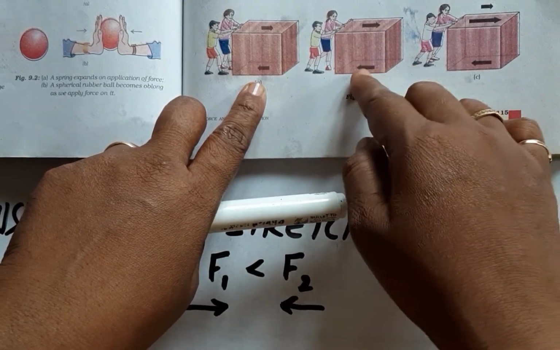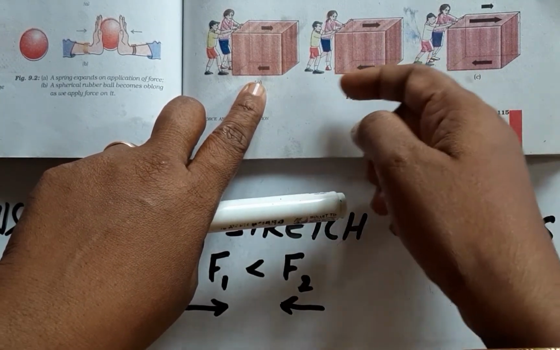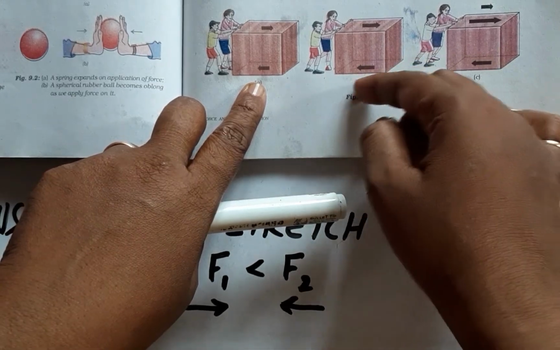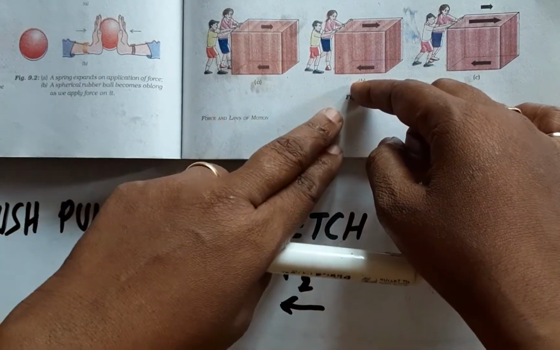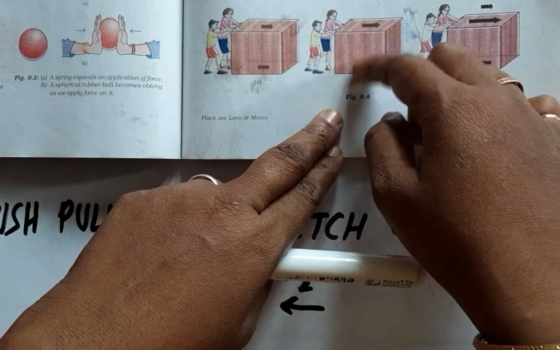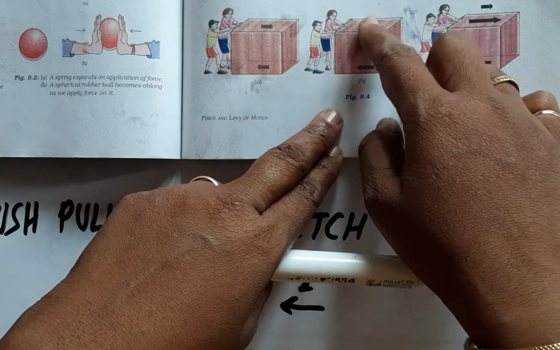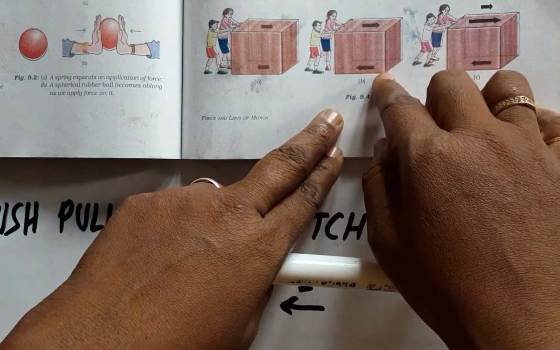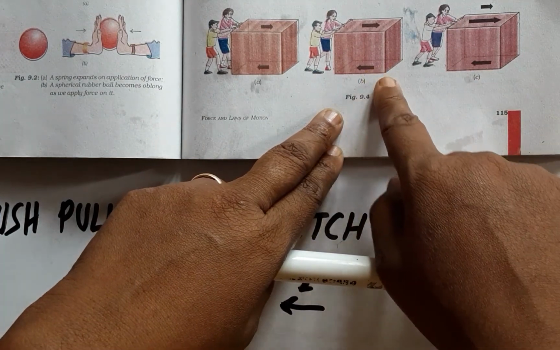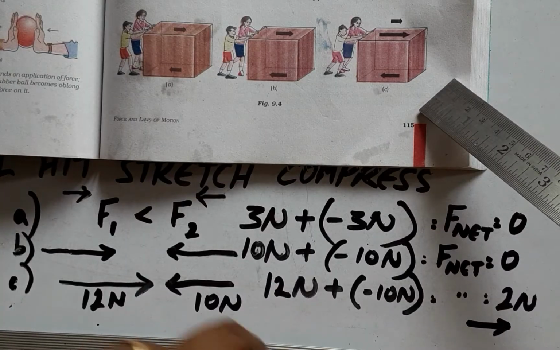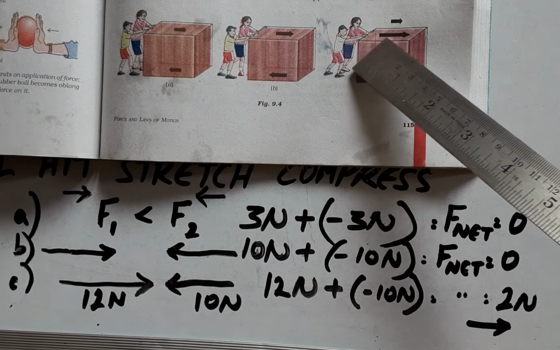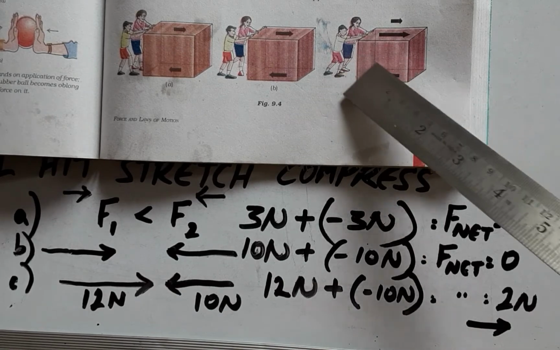Again the frictional force is equal and opposite, and 10 newtons of frictional force is being applied in the opposite direction. As long as these forces are being balanced, 10 minus 10, it is always 0, and therefore the box does not move.